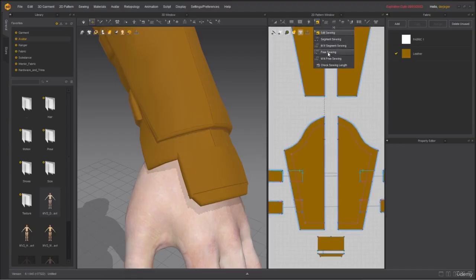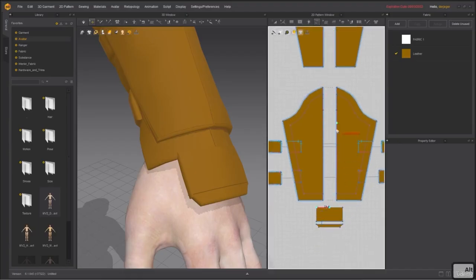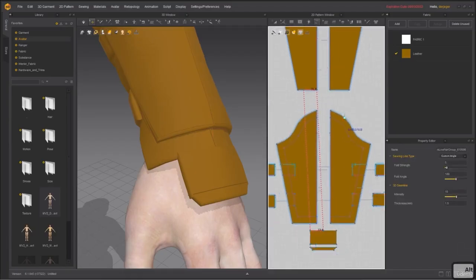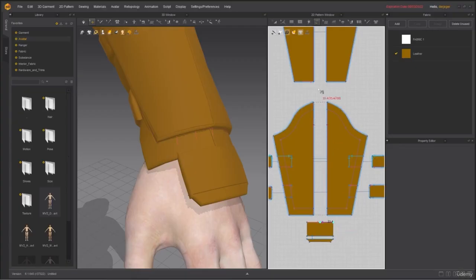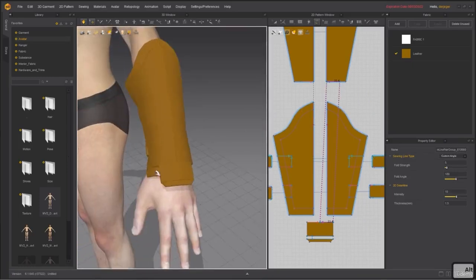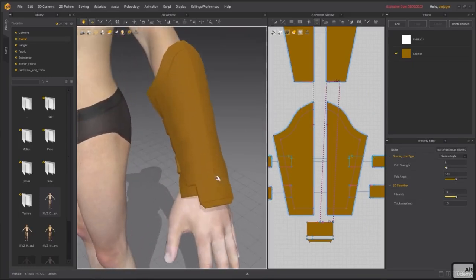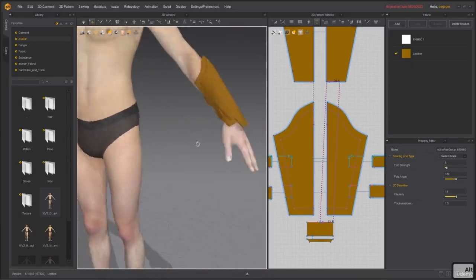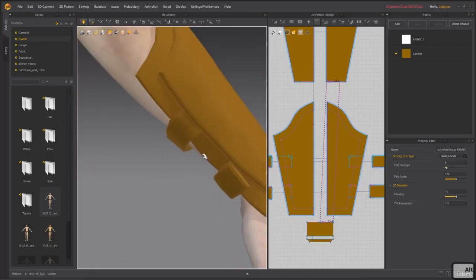So again, just free sewing tool, half, half, half, and half. Now we simulate. It's gonna go to the top. There we go. So I kind of want this to be like a little extra defense piece, if you wish. So now that we have that, now that we have all of these elements, let's add the buttons first,